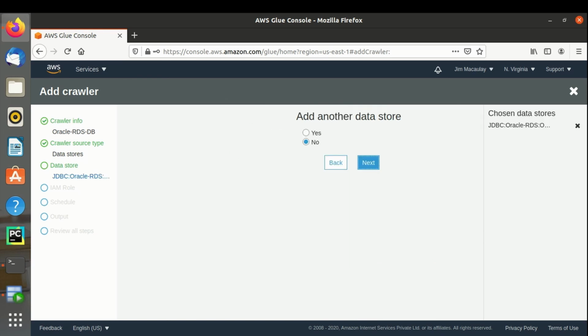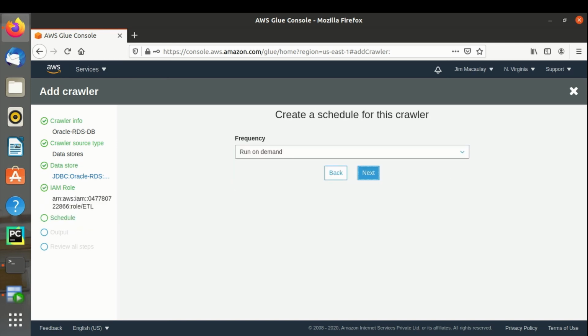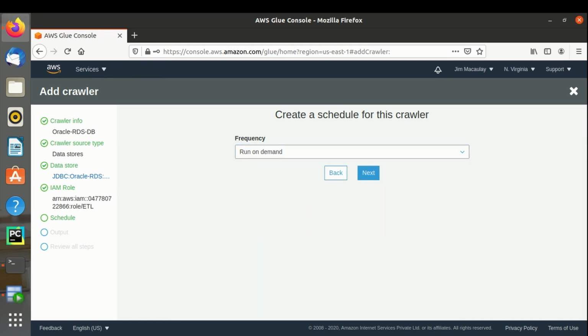Next, add another data store. No. IAM role. I have already created IAM role ETL to access Glue and RDS. Next, frequency. We can set the frequency to execute the jobs. Right now I am providing run on demand so that we can execute whenever it's required. Next,